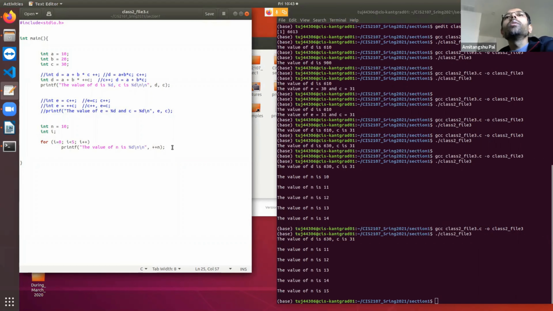All right. Now let's see. Suppose J is equal to say 10. I'm writing J plus equal to 20. This plus equal to operator I think you have used in other languages also, just for the sake of completeness.